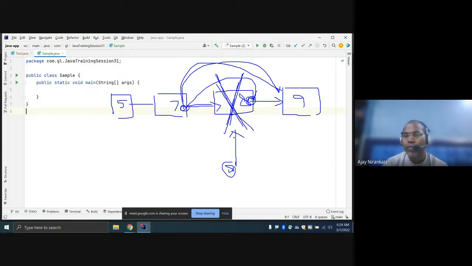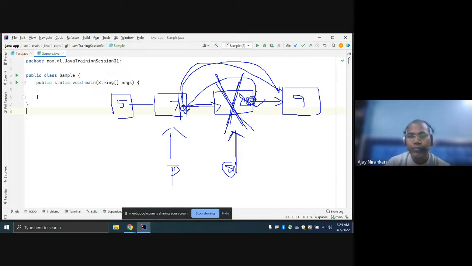First you have to find the current node, because the current node is what you want to remove. Whatever the next address is, you have to put it in the previous node. This is the previous node. First you have to find the previous node. If you find the previous node, in the previous node's next value you can put the found node's next value. It's correct. In this way we can remove the element, but the problem is how to find this previous node.